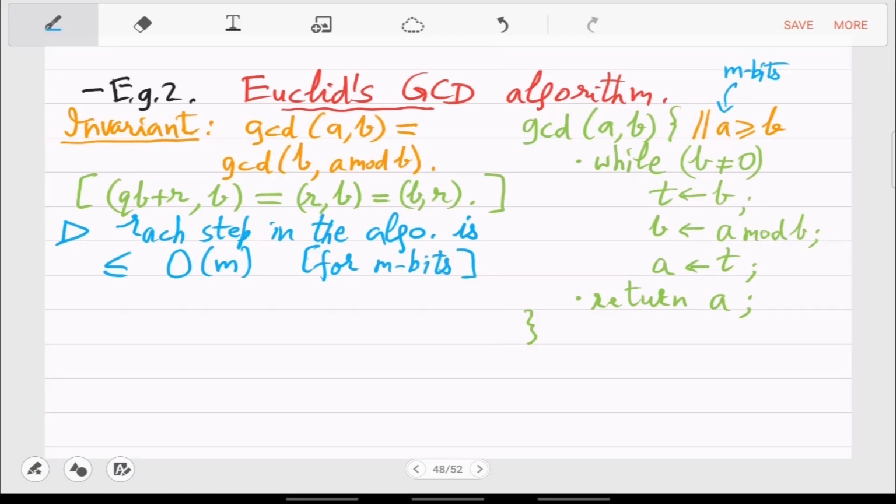So it depends on how many digits you have in A, which is the same as saying how big it is. So the bigger A is, the more digits it will have. So it is just proportional to the number of digits. It is not proportional to the value, because value is 2 raised to m. Right? So it is only proportional to the number of digits. So how much space is needed to write down the number in the input. So it is just linear time in the input size. So that's the input size also.